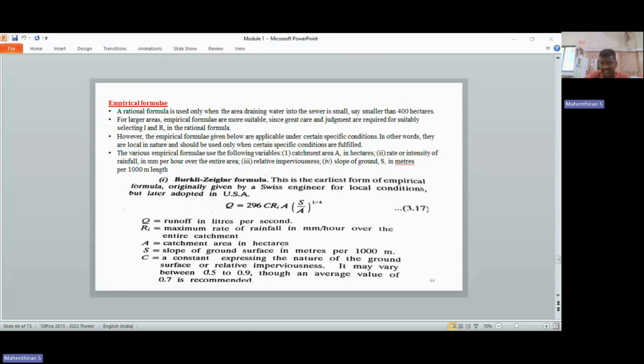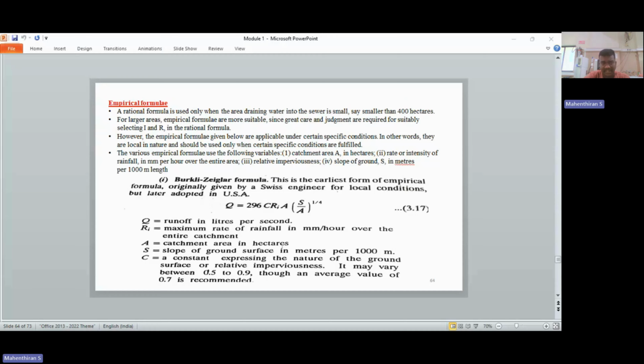Later, engineers in the United States found this formula useful for certain applications and adopted it. However, remembering the warning, just because it was adopted in the USA does not mean it can be used in other parts of the globe also. But it still carries the characteristics of the